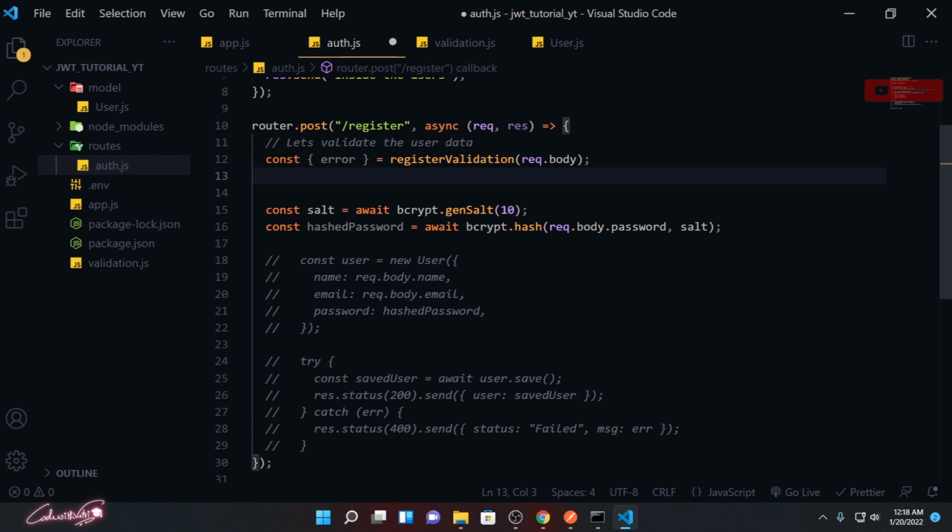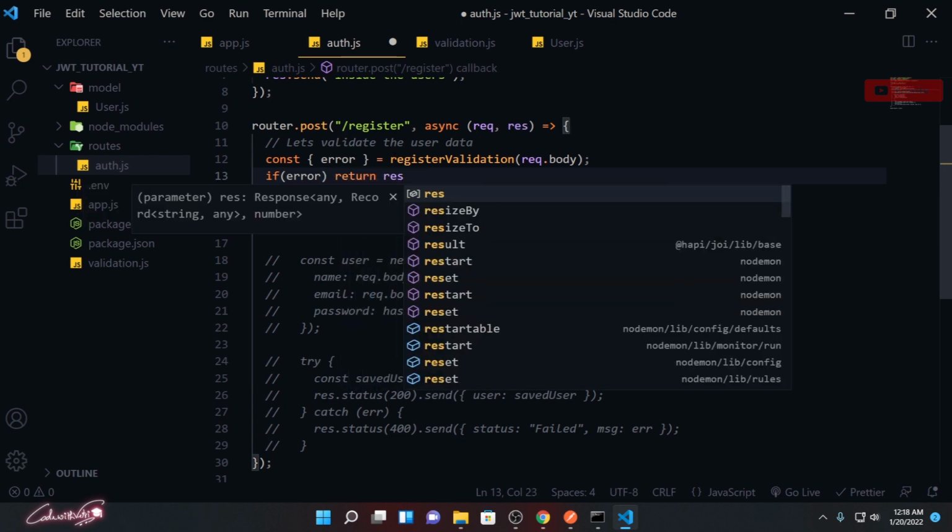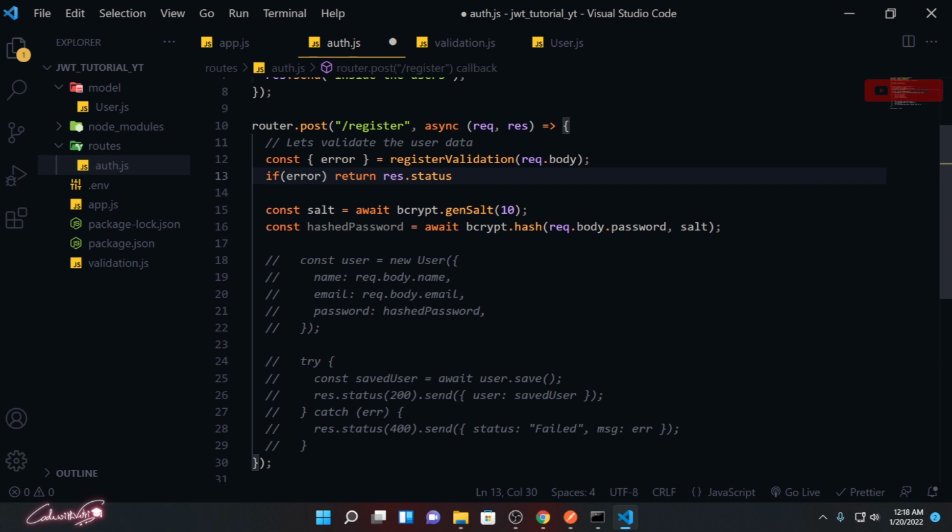So what I'm going to do is check if there is an error, return a 400 status. If there is an error, return the response as status with 400, and along with that, send the error message also. What is that error message we are getting?